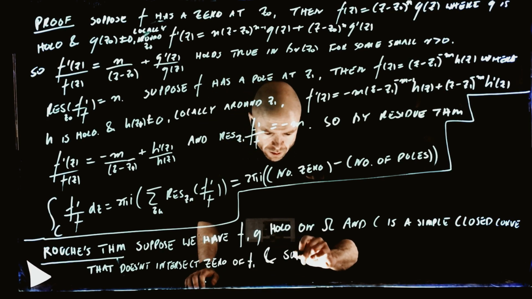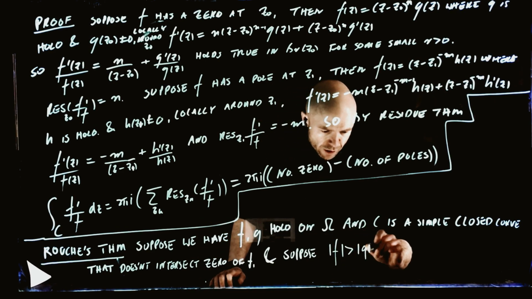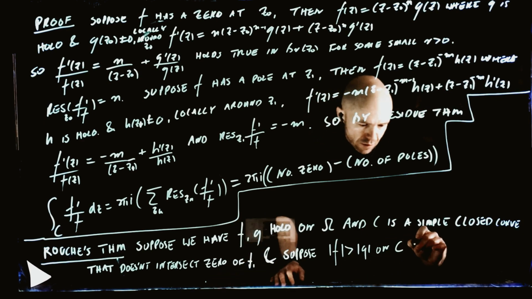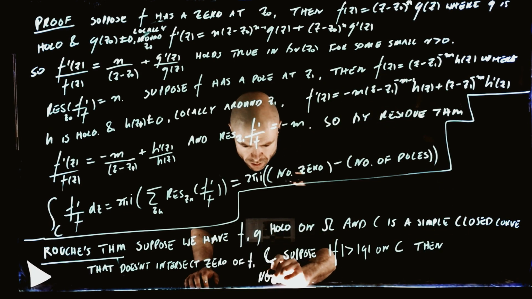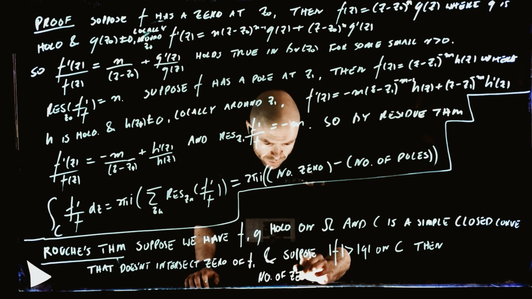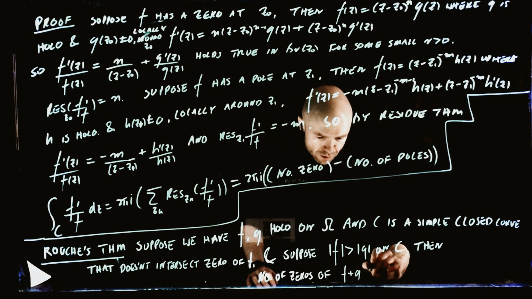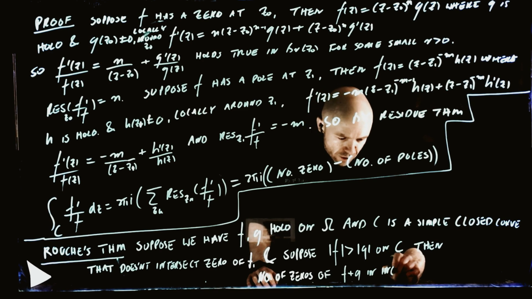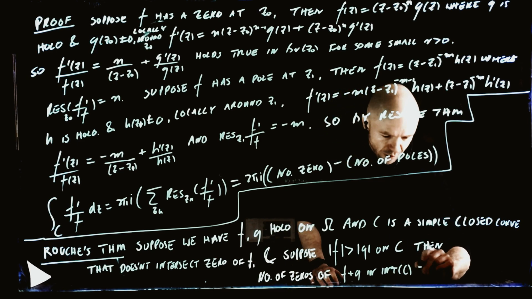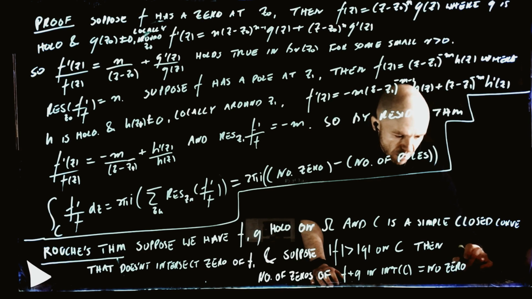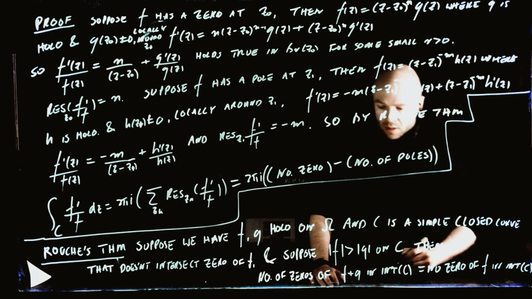And suppose that the absolute value of F is strictly bigger than the absolute value of G on the curve C, then the number of zeros of F plus G in the interior of the curve equals the number of zeros of F in the interior. Okay, so